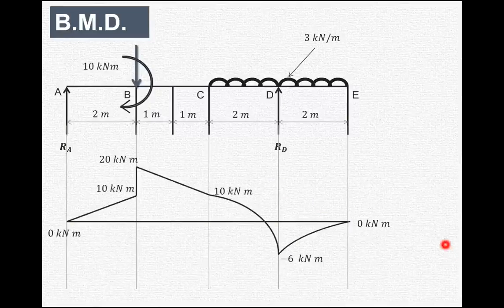So as you can see over here, at A and E bending moment is 0. At B left it is 10, but there is already a moment of 10 kilonewton meter that is acting, so that we have added over here. Then at C it is 10 kilonewton meter, and then there is a UDL, that is a parabolic curve, and again there is a parabolic curve from D to E. So in this way we can draw